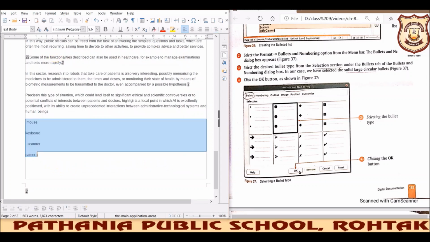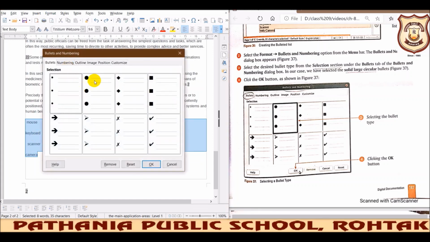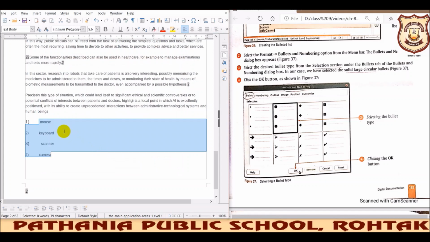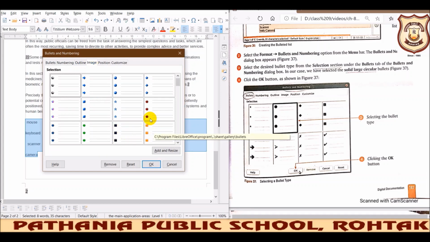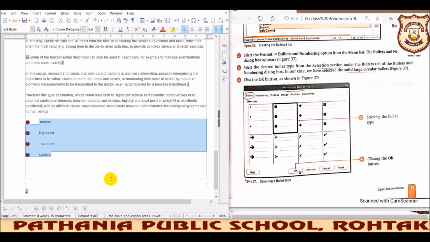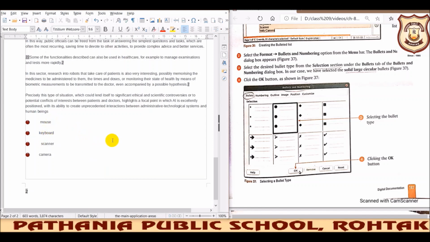If I want to implement any other option, firstly the selection has to be done, and then again we go to Numbering. If we want to implement like 1 2 3, click OK, and it will be implemented like this. Again, if you want any other available option like A B C D, you can implement that also. If you want an image, select it and click OK. In this way you can implement various types of lists. These are called bulleted lists, and 1 2 3 4 that have numbering are your numbered lists.